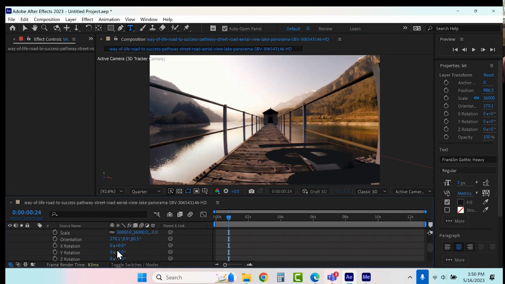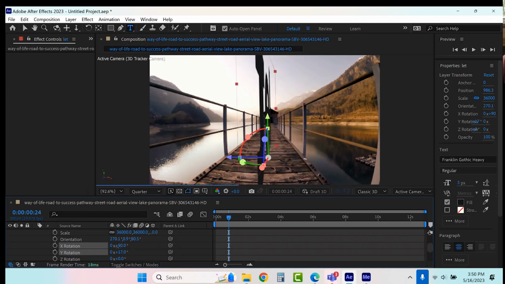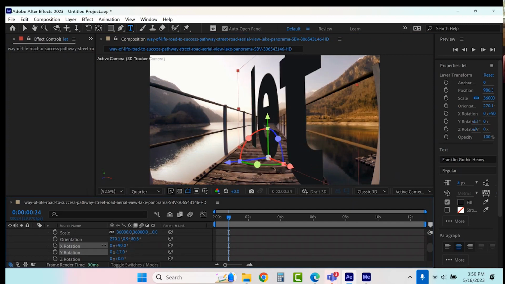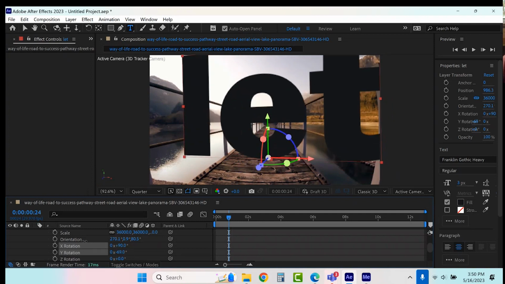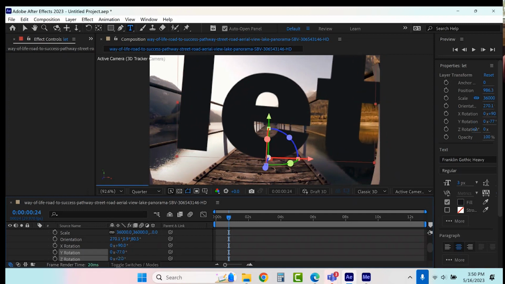Come down here. Whatever it is, let's say 90, that was 39 or something like that, rotated this way. A little bit on the axes.